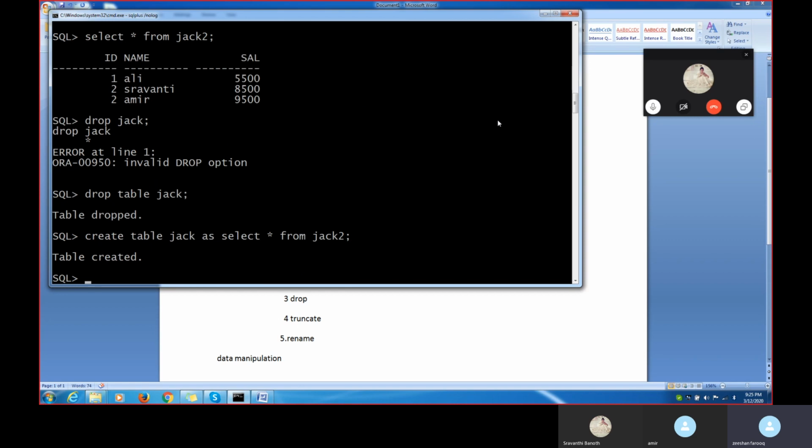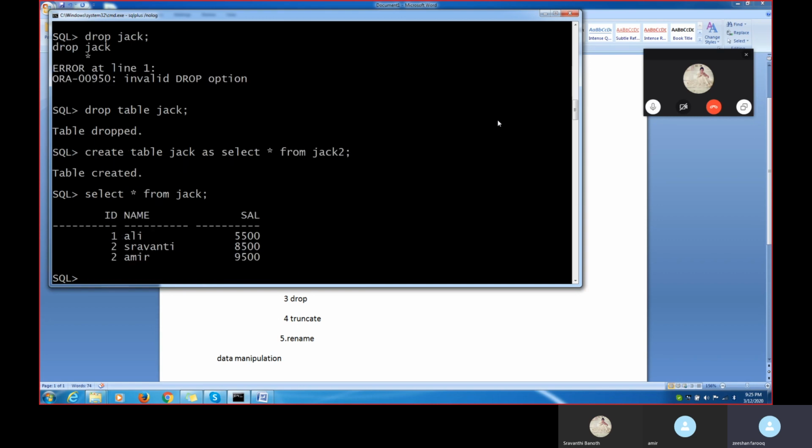Enter. Now I type select star from Jack. Did I get backup and restore of my tables?